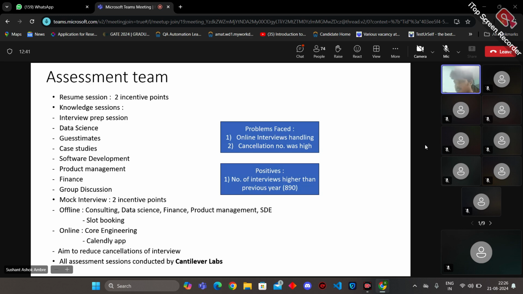So that was one positive for us. Okay. Does anyone have a slight doubt in the assessment team, or didn't understand anything? You can ask right now, otherwise I'll move to the next team. But before that, slightest of that. How much are you charging Cantilever Labs per